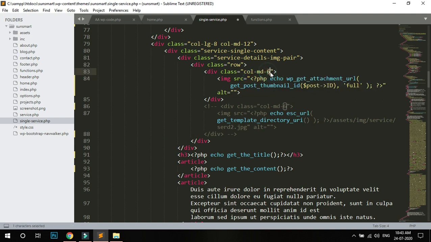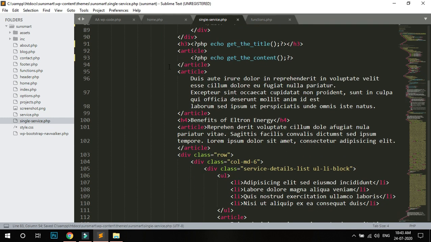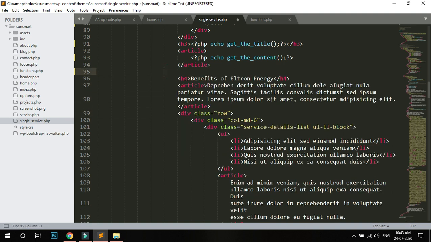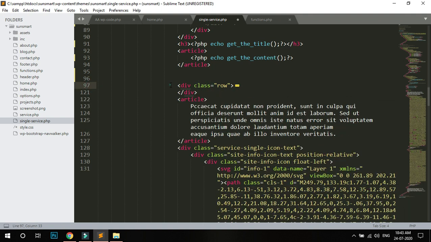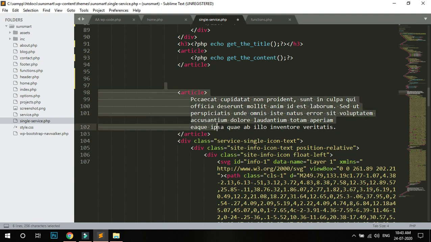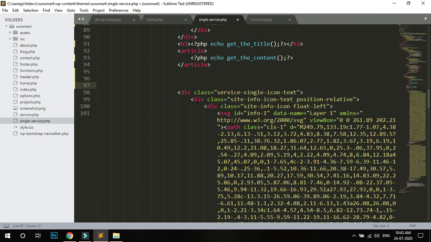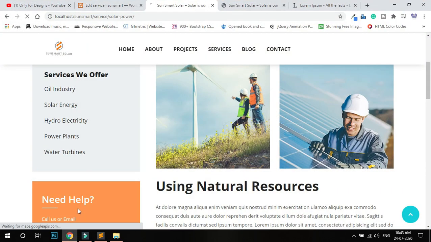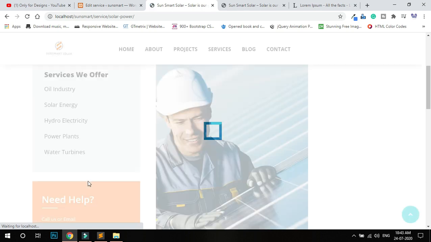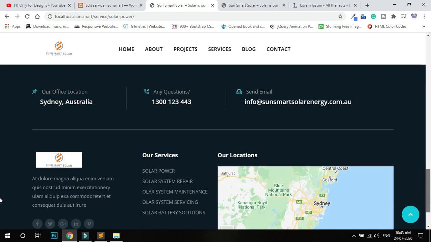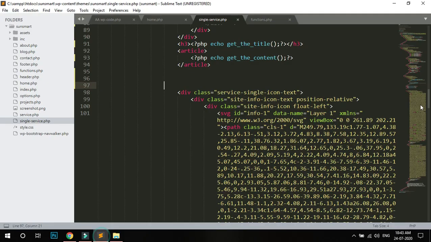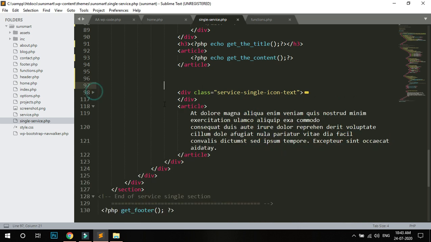And change to 12 columns, and you can see I remove all that I don't need, this one also, this one, remove. Just save. I just check what it does.